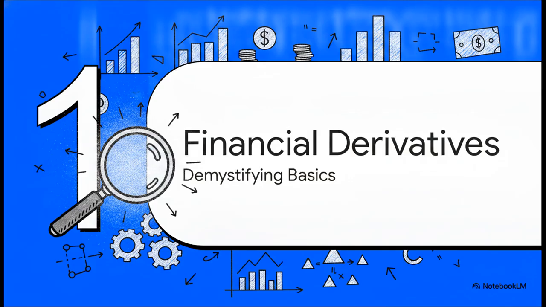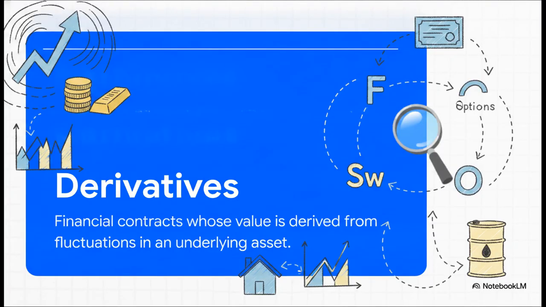Section 1, demystifying financial derivatives. To understand our first building block here, we need to zoom out a bit and look at the broader category of financial instruments we're actually dealing with. Because you really can't understand the master equation without understanding the assets it was built to price, right?